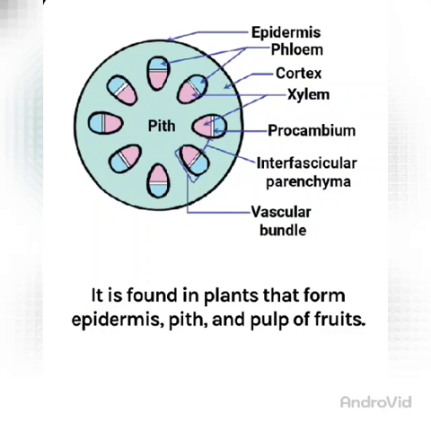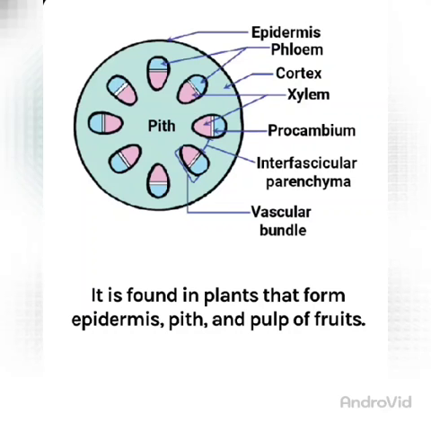So this is the common structure. Always epidermis is found outside, and in the center always pith will be formed, and in between the pith and the epidermis a cortical region is always found. These structures, the vascular bundles, are always found a little bit toward the center from the periphery. So these structures are called vascular bundles, and a vascular bundle is the combination of the phloem and the xylem.